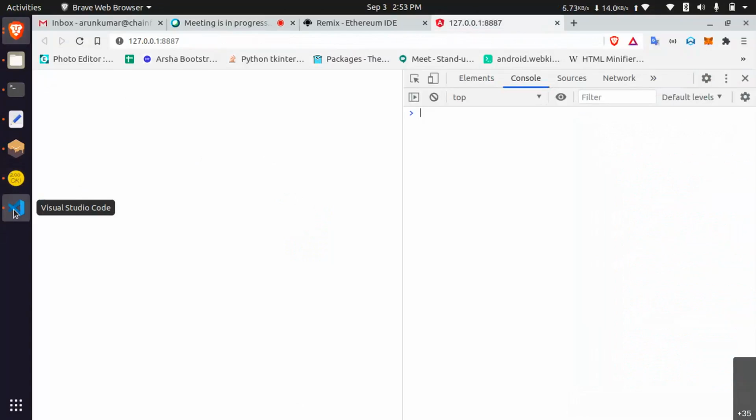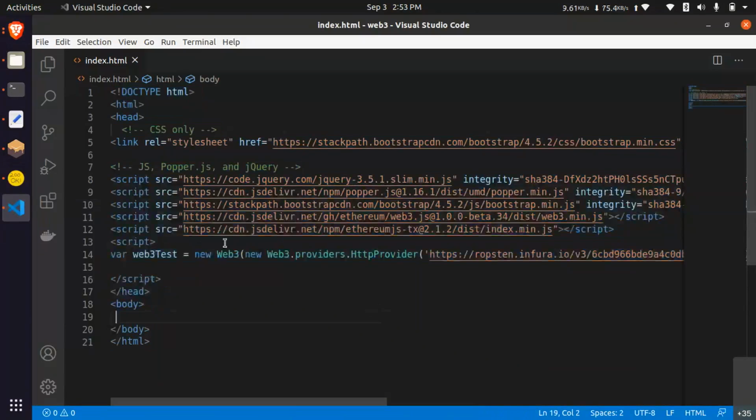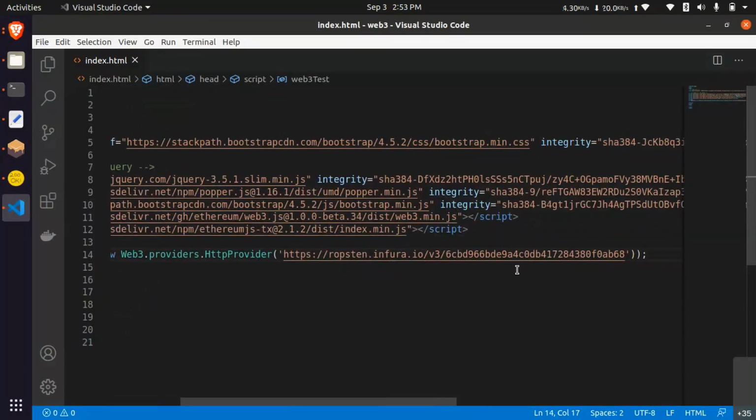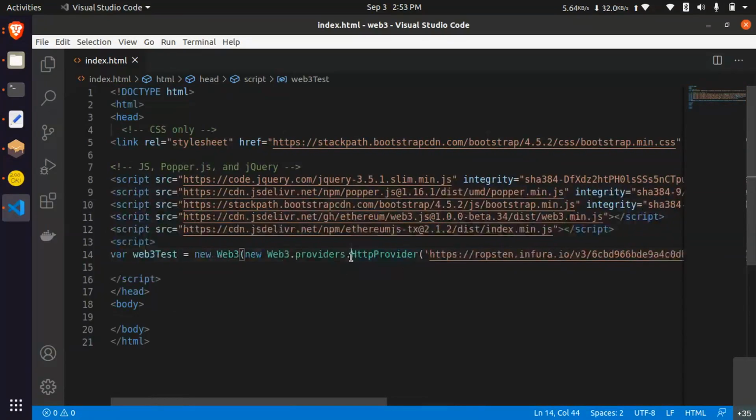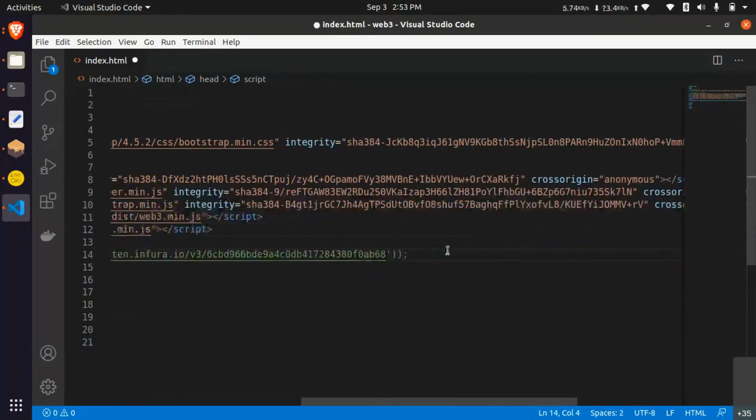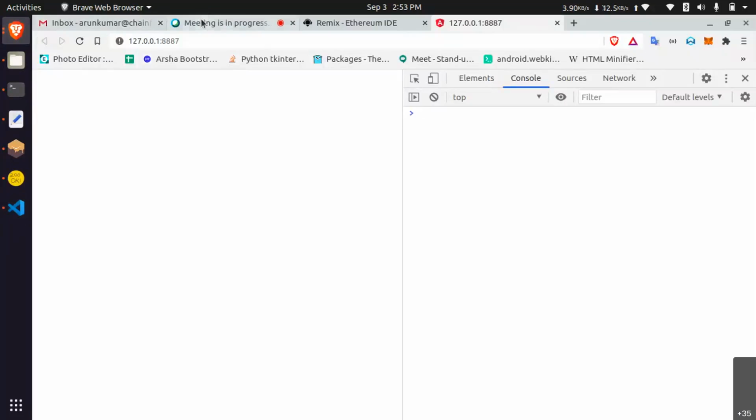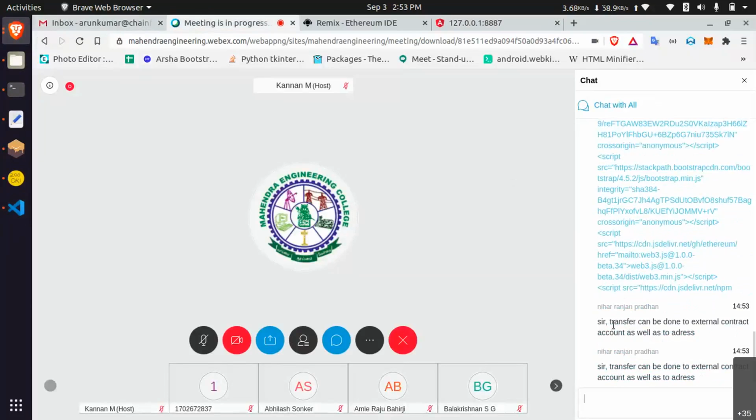Okay, in that JavaScript I define my HTTP provider by using Infura. Okay, let's comment it. I'm going to play with this in the console so you can identify. Transfer can be done to external contract accounts as well.